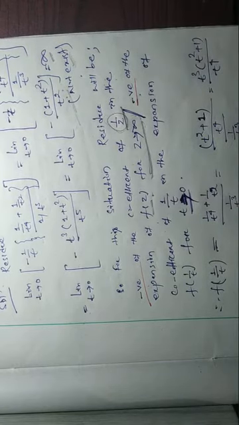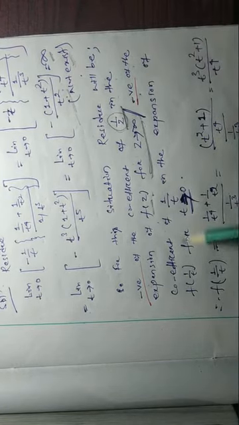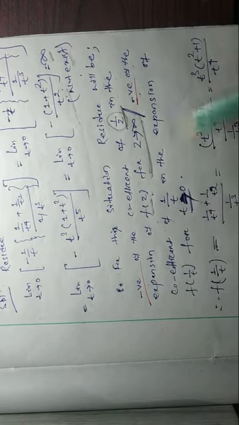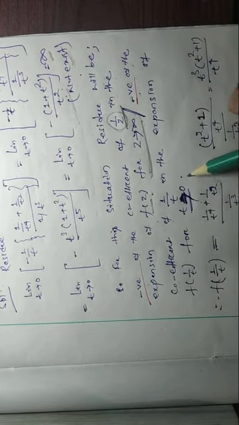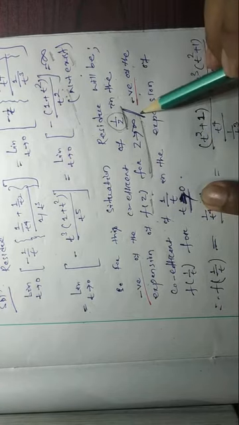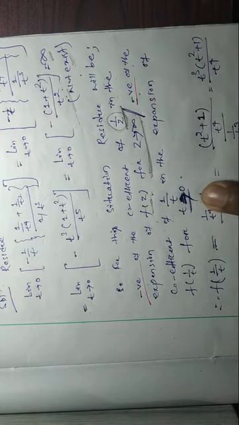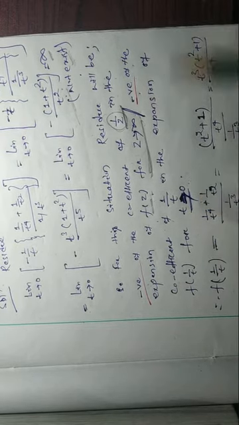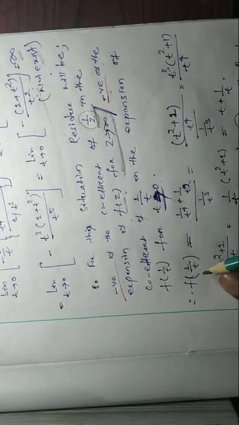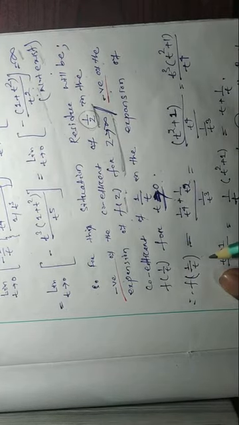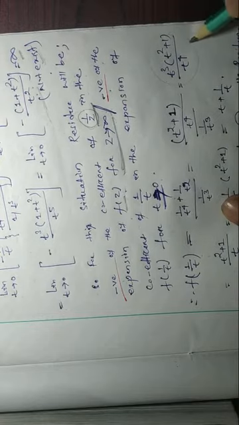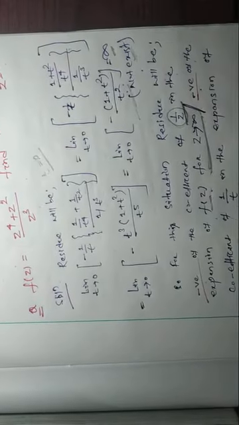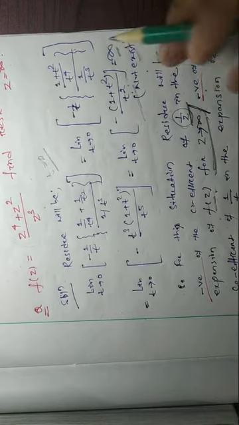Or we can consider the negative of the coefficient of 1 by t in the expansion of f(1 by t) for t tends to 0. Here f(z) for z tends to infinity will be equal to f(1 by t) for t tends to 0. So now we have to consider f(1 by t). f(1 by t) will be this one, right? So f(z) is converted to f(1 by t), this one.